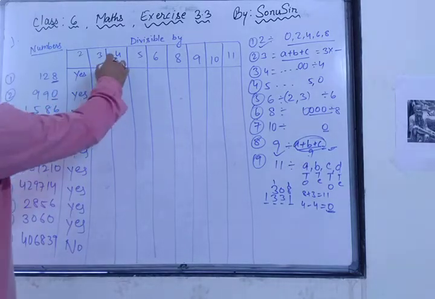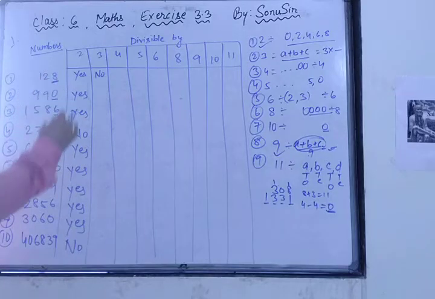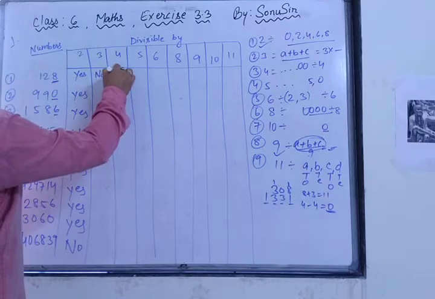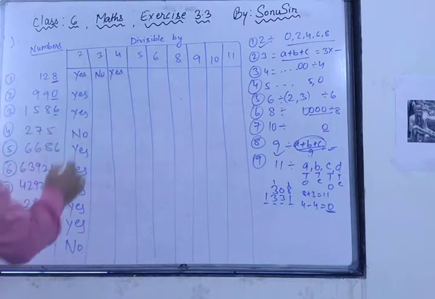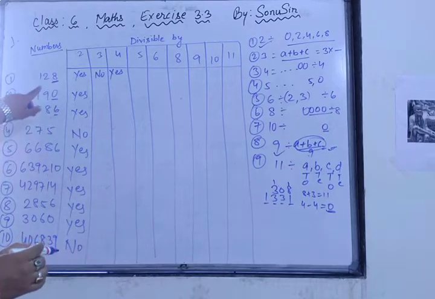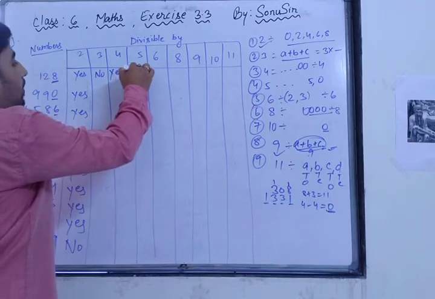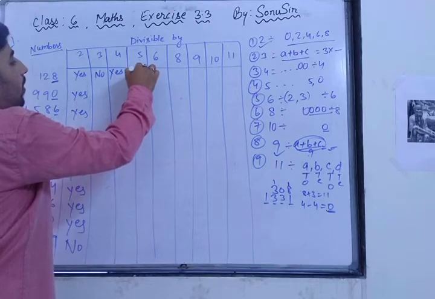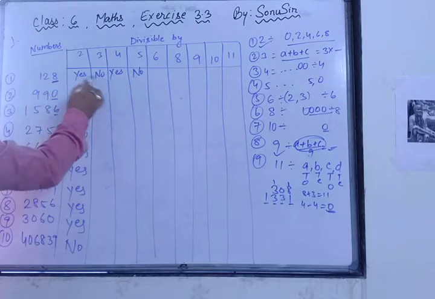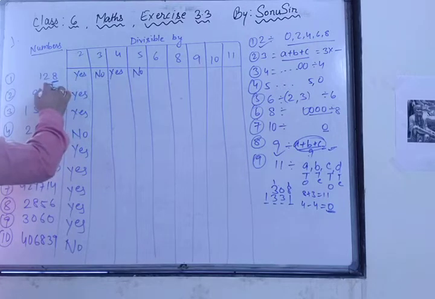Now let's come to divisible by 4. You can see either the last 2 digits or the last 3 digits must be divisible by 4. 4 3s are 12, 4 20s are 80. Yes, it is divisible by 4. And for divisible by 5, at the ones place it must be either 5 or 0. It has neither 5 nor 0, it has 8. So this number is not divisible by 5. And if a number is divisible by 2 and 3, then that number is divisible by 6. 2 is divisible, but 3 is not, so it's not divisible by 6.